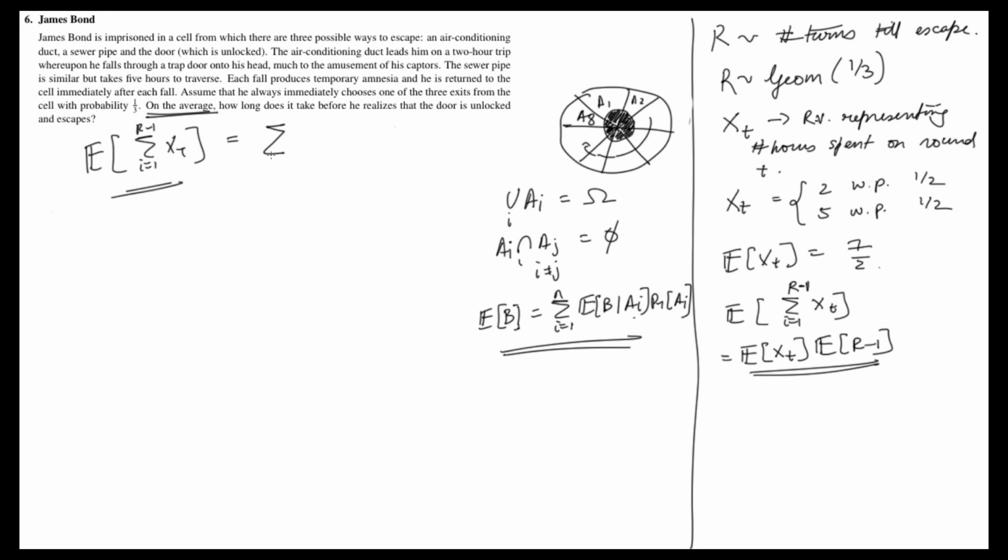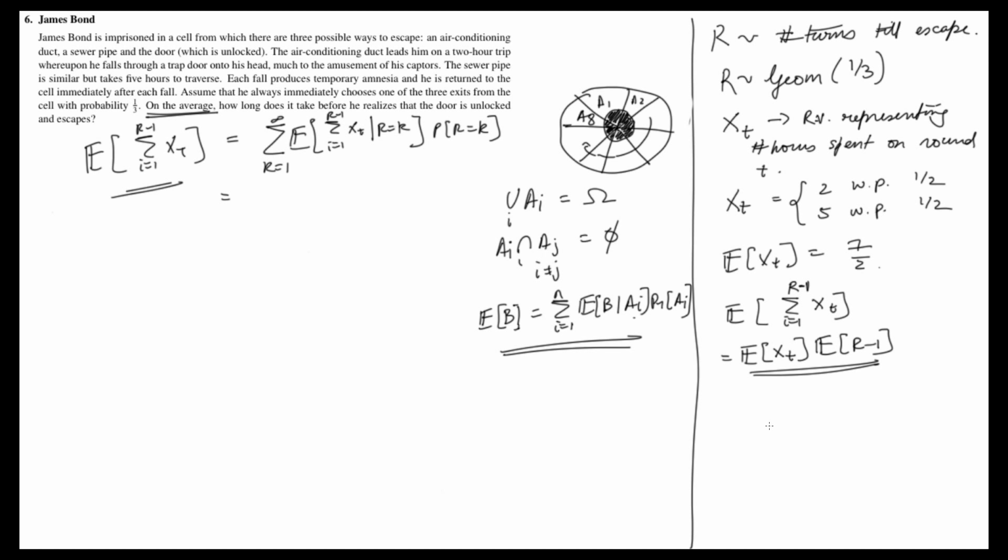So basically an event A_i is going to be R is equal to i. A1 is going to be R is equal to 1, A2 is the event that R is equal to 2, and so on. Let's just do that now. Expectation of the summation of i equal to 1 to R minus 1 of X_i, given R is equal to k, times the probability that R is equal to k,